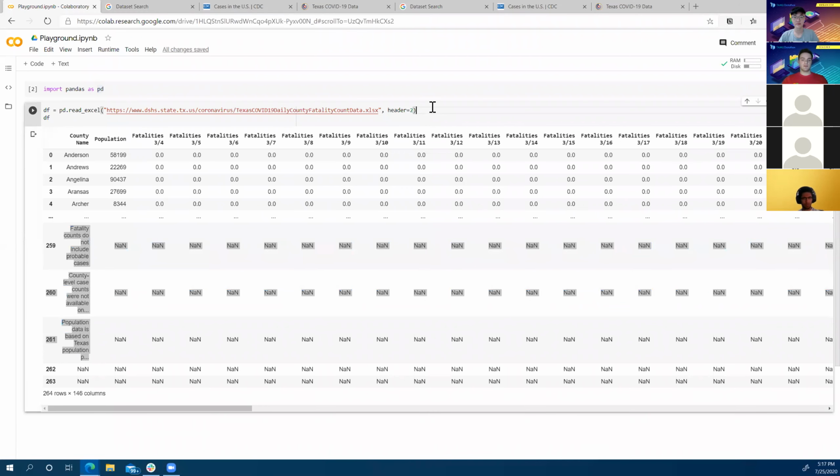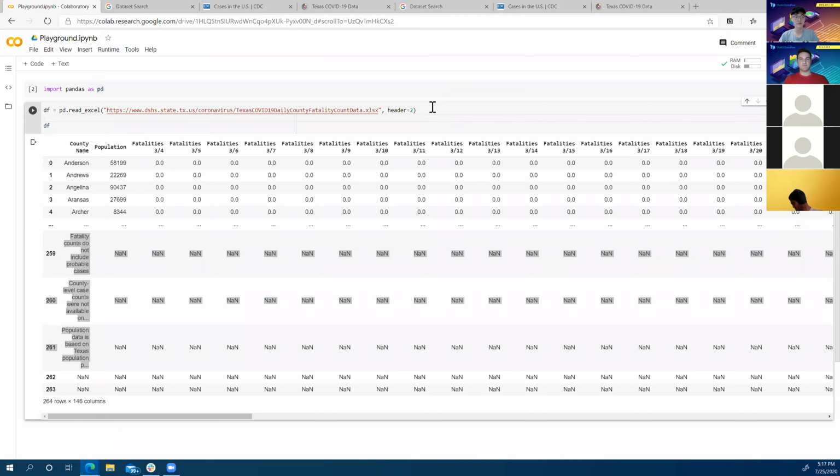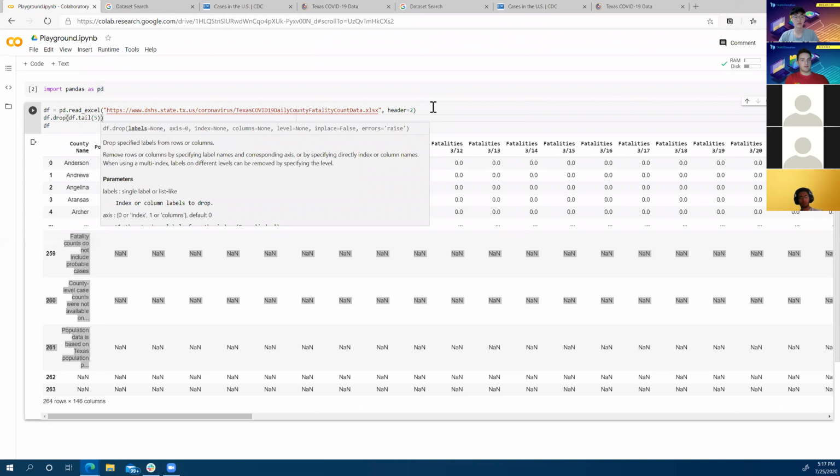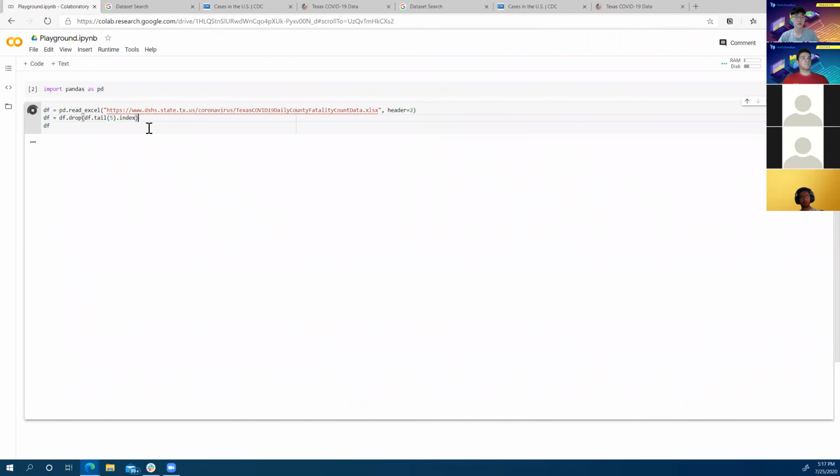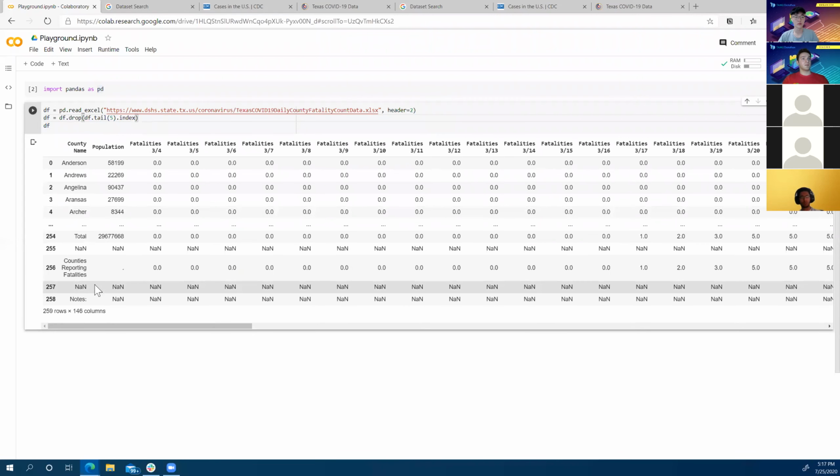So what I'm going to do is write a fancy line. If this doesn't make that much sense, we'll go over it later if we have time. So we're going to drop the lines off the bottom. Okay, let me run this. It dropped the bottom 5. It looks like I need a couple more. In fact, maybe 1, 2, 3, 4 more. So let me make that 9.